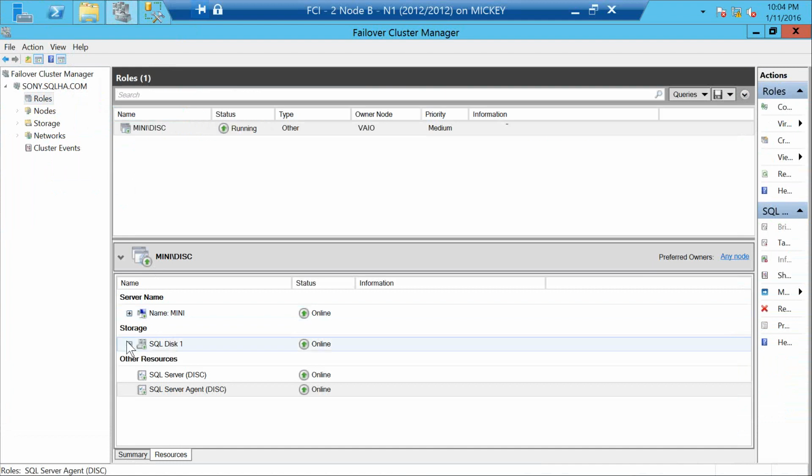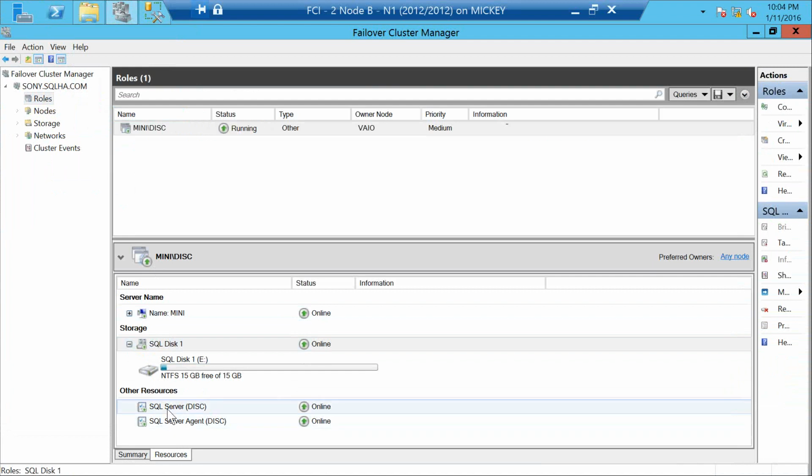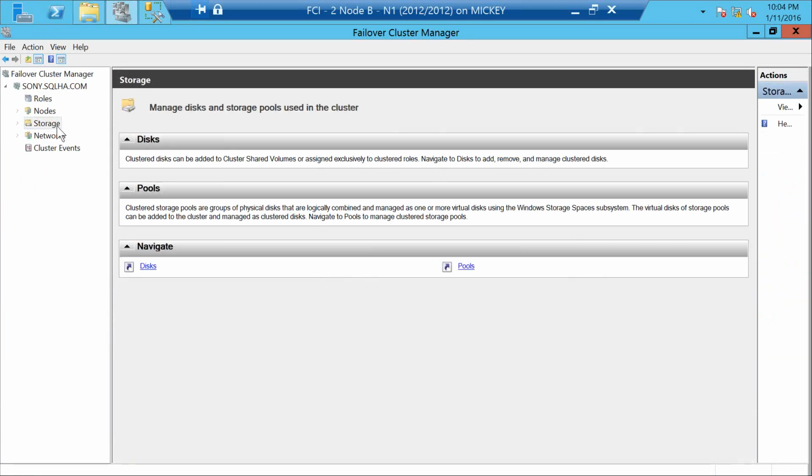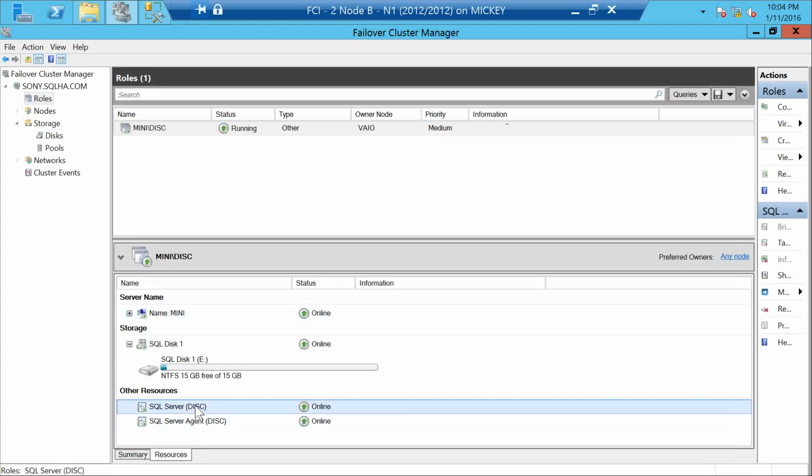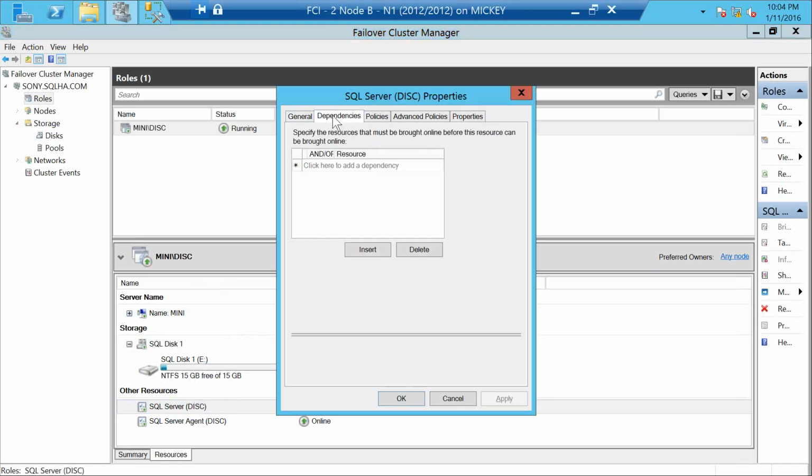You'll notice here I've got a disk here, okay? SQL disk 1, and you can see my storage pool of disks. It's assigned to this role. And if I look at the dependencies of my